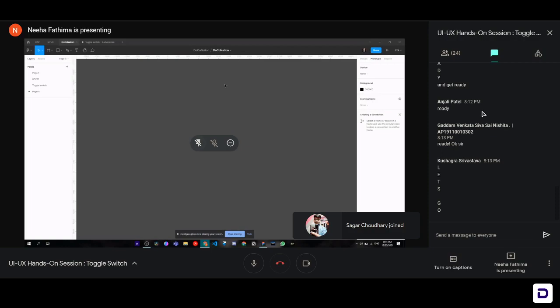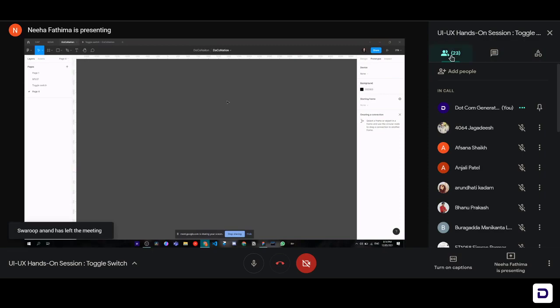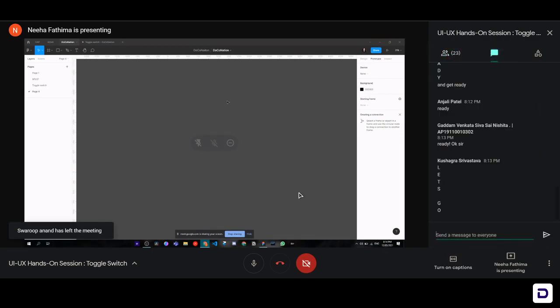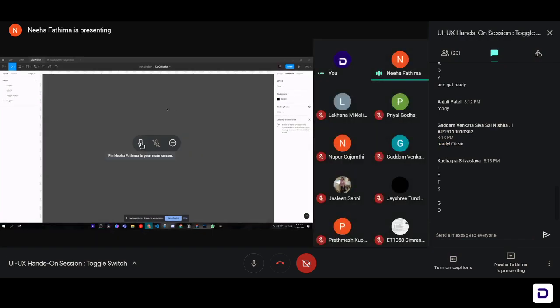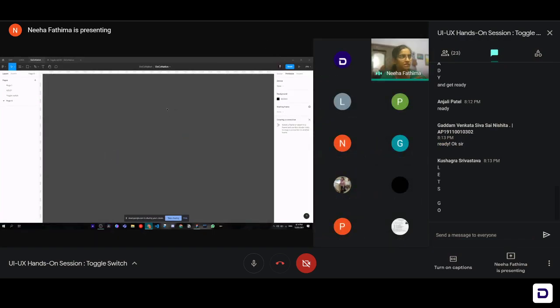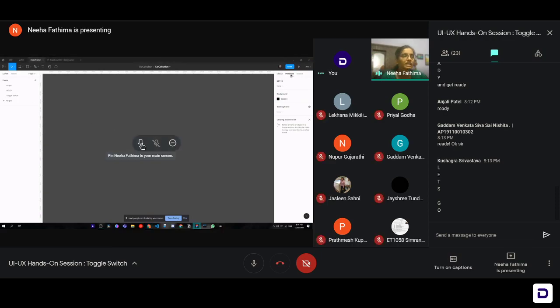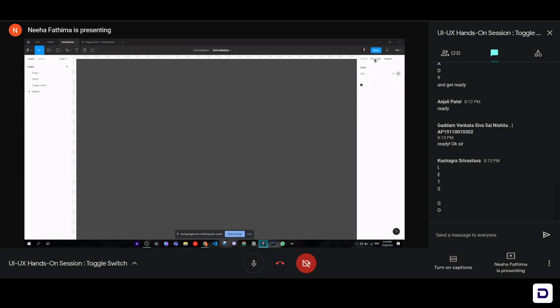For those of you who are not familiar with Figma and the layout, let me take you over how Figma works and what Figma is exactly. The first thing we see in our Figma screen is a little canvas. On the right panel, we've got the properties panel, where you can see design, prototype, and inspect. These are used for different animations. On the left side of your screen is the layers panel and assets panel. We won't be diving into the assets panel and its properties. We'll be looking into the layers panel.